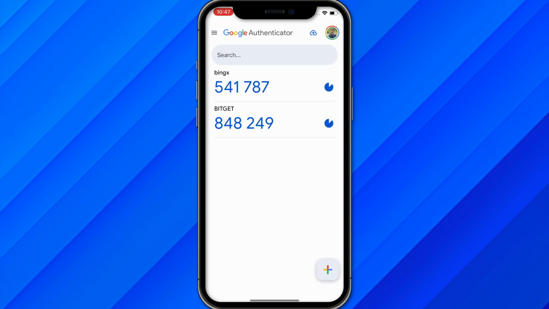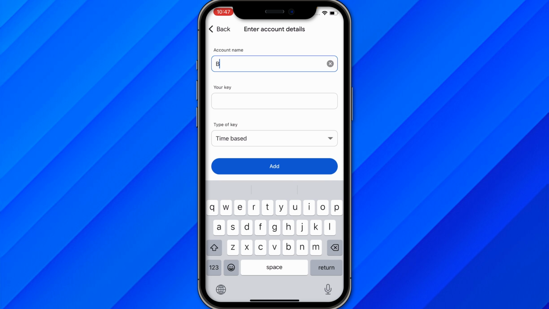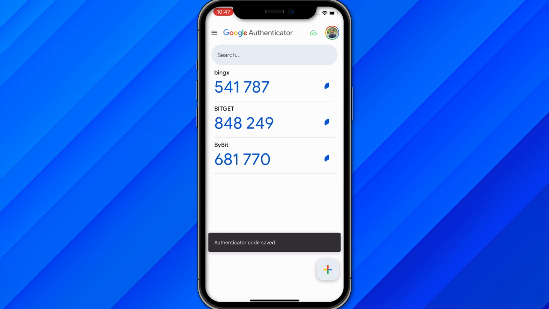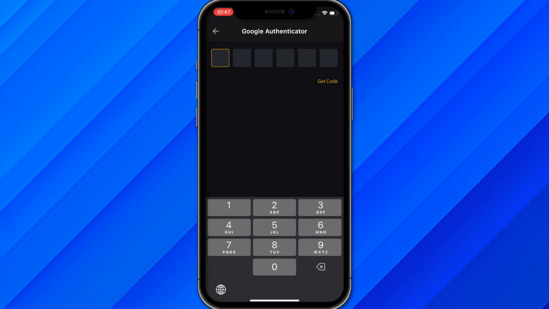open your Google Authenticator, and on here just click on the plus icon, and once you click here, click on enter a setup key, and once you click here, just write down the name of your account. You can just write down Bybit and your key, just paste the code in this section, click on add, and once you click on add, go back to your Bybit account, click on next,